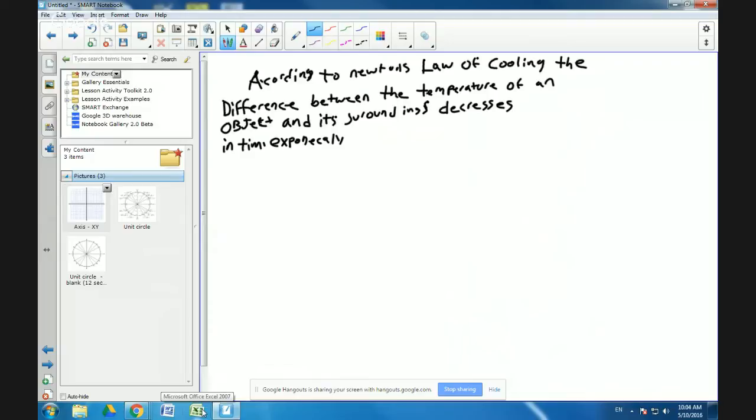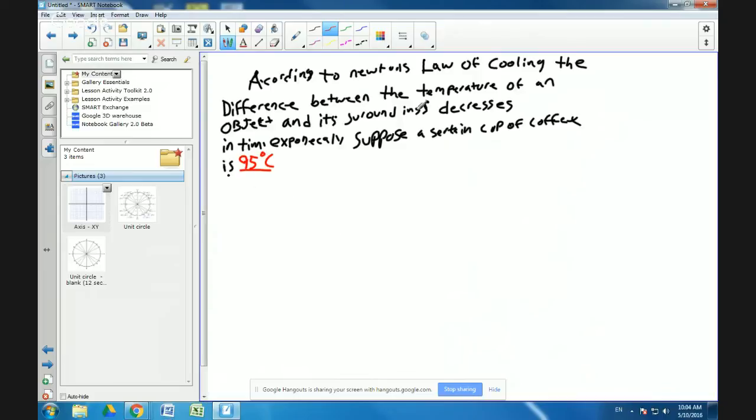So the problem says, suppose a certain cup of coffee is 95 degrees Celsius. Here we can see that now we have our temperature,